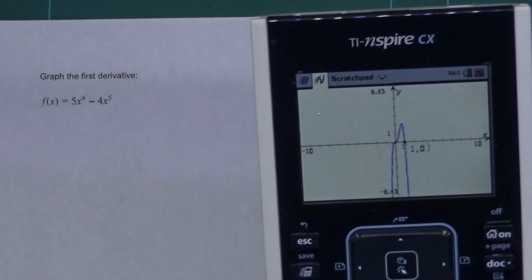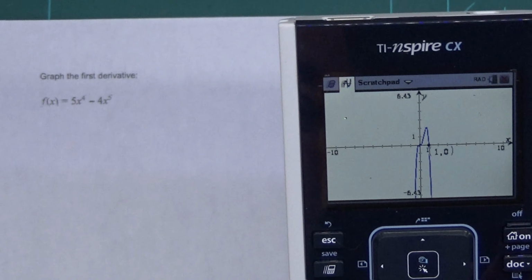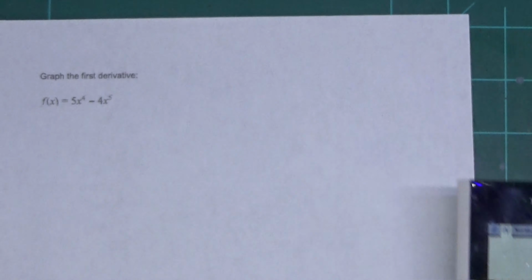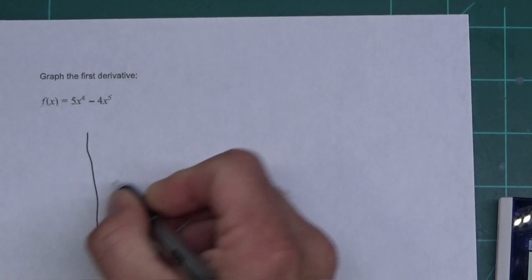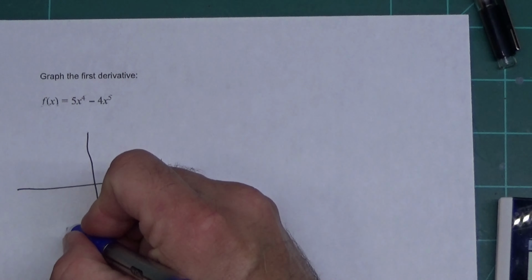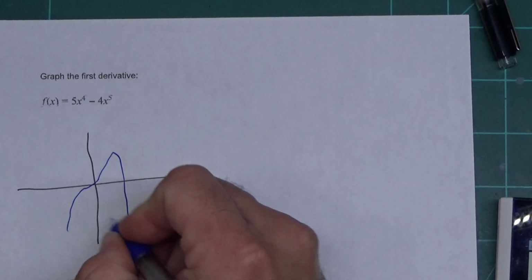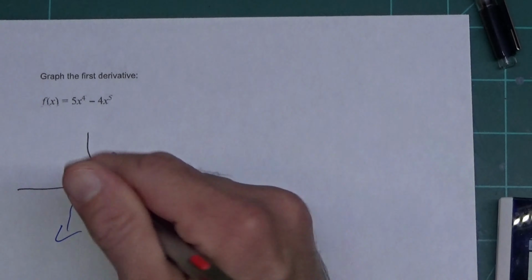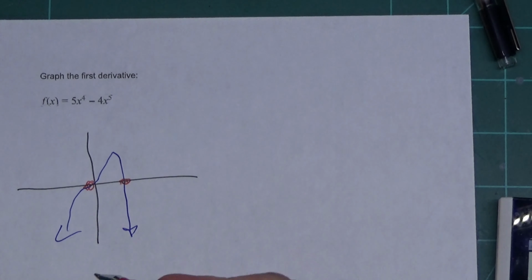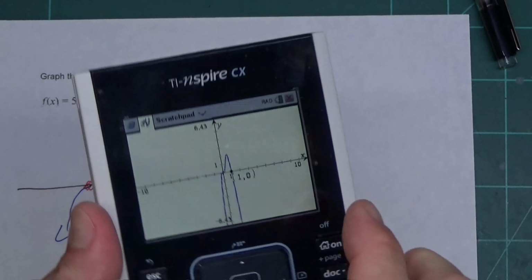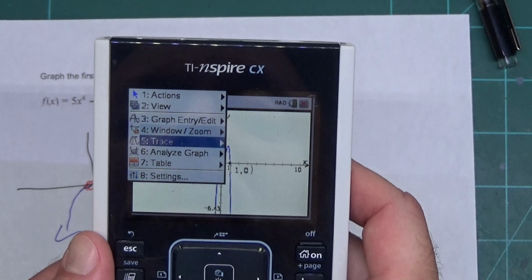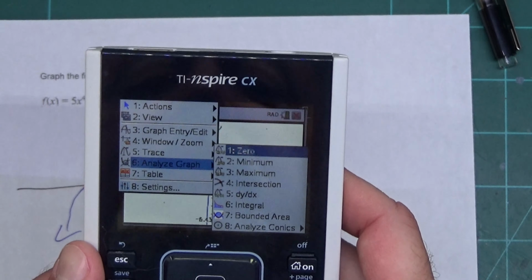But it did graph the derivative for me, and this has got a better screen than the 83/84. I won't lie about that. It's a little easier to see. And I've got the window set to zoom standard in case anyone's curious. All right, so I got my derivative graph. Now what's good about this is once I have these points right here, these are my critical values. We can find them by pushing the menu button, Analyze Graph, over to